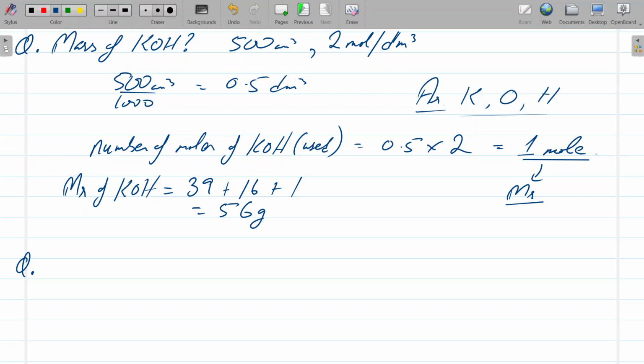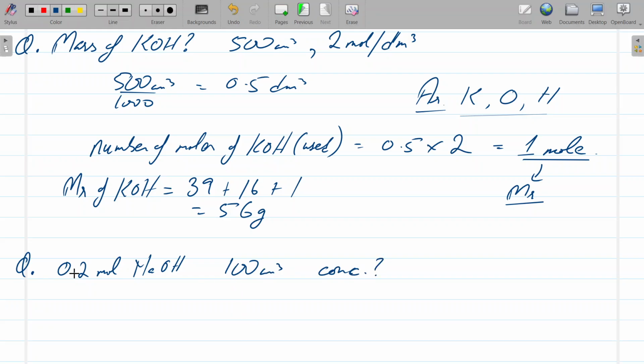Calculate the concentration of 0.2 mole of sodium hydroxide dissolved in water and made up to 100 centimeter cube. So it's 100 centimeter cube, and you need to know the concentration,